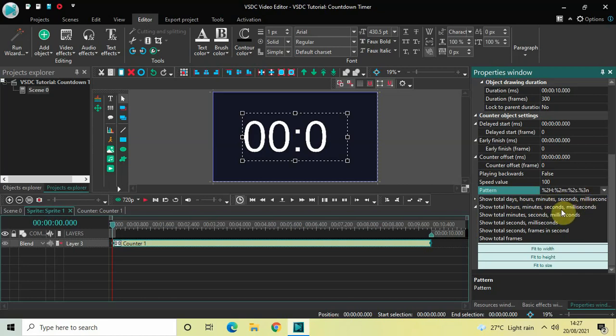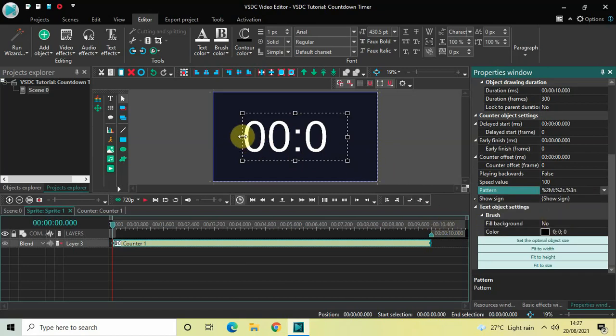So how much do you want the audience to see inside this timer? That you can decide from this pattern option. What I would like to select is show total minutes, seconds, and milliseconds. So this third option.